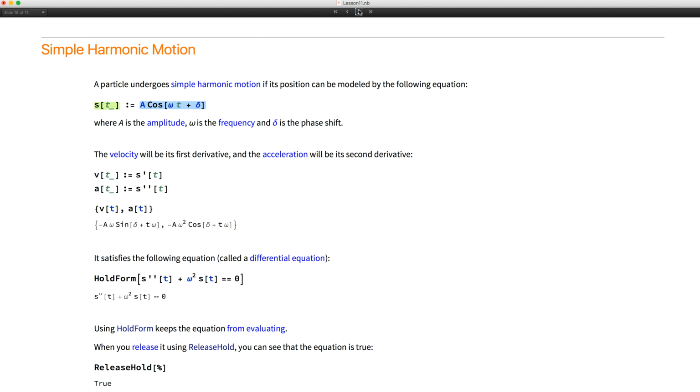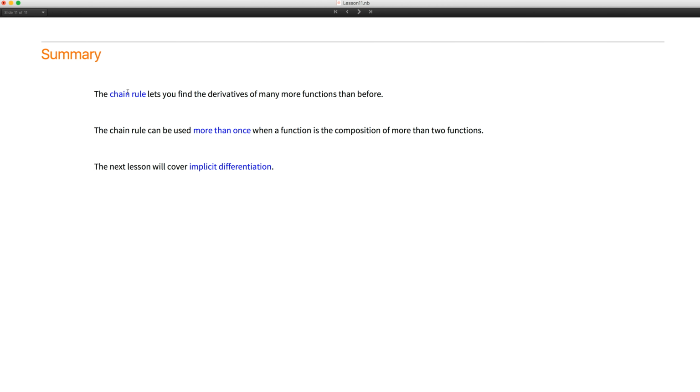Okay, so that brings me to the end of today's lesson. So to summarize, the chain rule lets you find the derivatives of many more functions, because you can work out the derivatives of products and powers, etc., much more easily with the help of this rule. Now, of course, you can build up a chain of any length, so you can use it more than once when a function is a composition of more than two functions. So those two statements summarize the lesson, but today's lesson is probably the most difficult one in our series so far. So do review it carefully, look at the exercises, and make sure you're ready for the next lesson, which is on